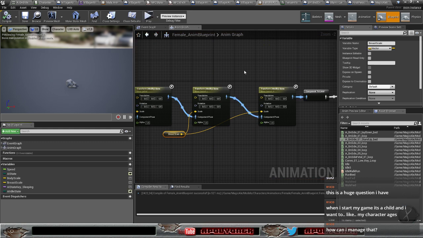So you basically want to recreate Fable. Nice idea. I don't know. You would need to set up if your character doesn't change his appearance a lot, then I would